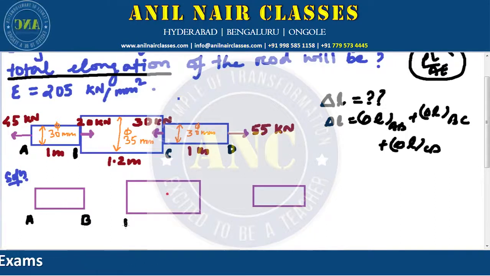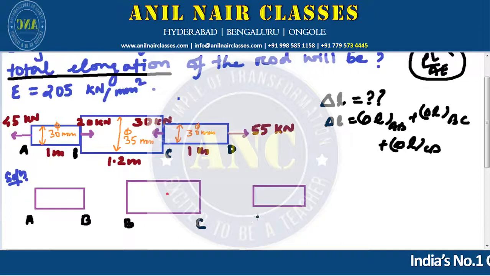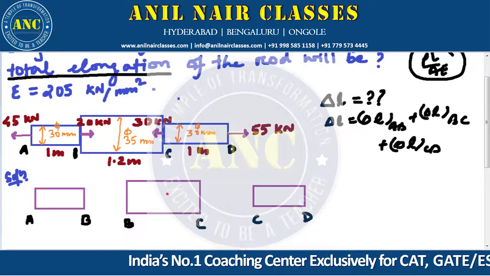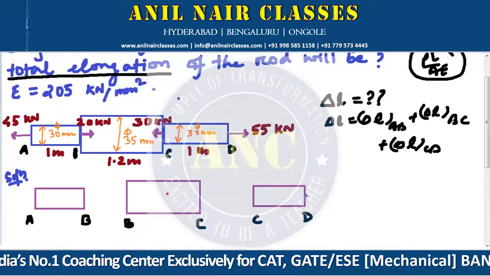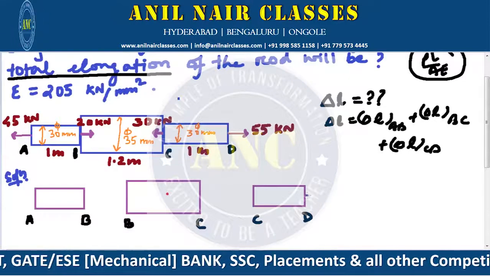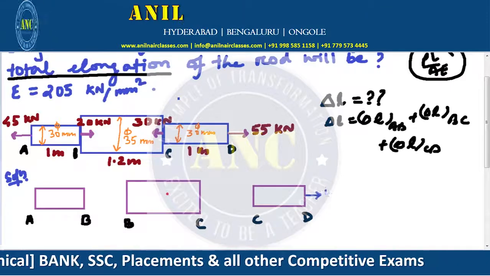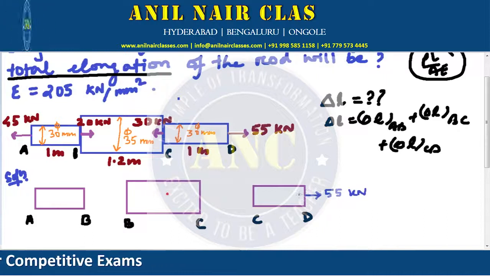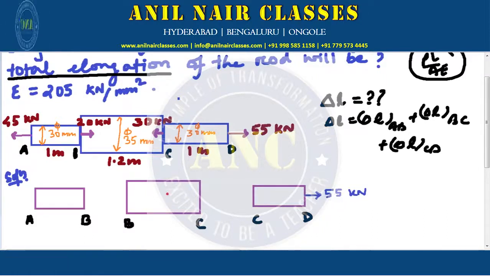AB, BC, CD. Now I'll take the forces as they are. So if you see the forces, this is 55 kilonewton. So whenever such a question is given,